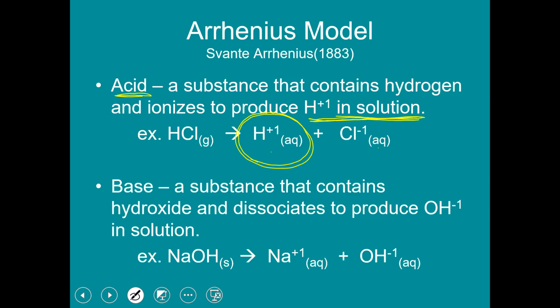A base would be anything that contains hydroxide, and when you put it in water, it breaks apart and adds hydroxide ions to the solution. And that's going to be something that's going to behave like a base. So chemists are now starting to be able to identify acids and bases, or what should act like an acid or a base, just by looking at their chemical formula to see what they contain, what they're going to break apart into. And then they find things like, for example, ammonia,